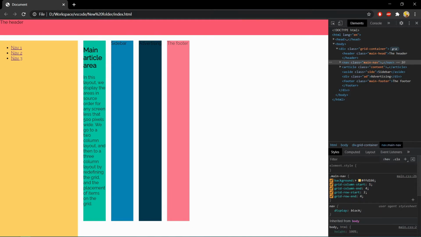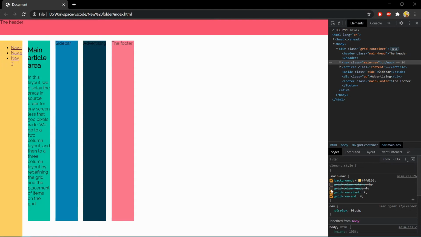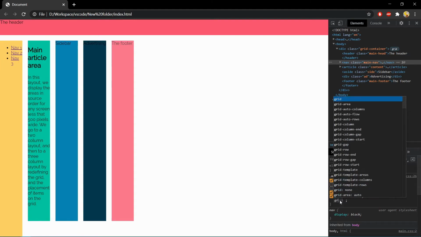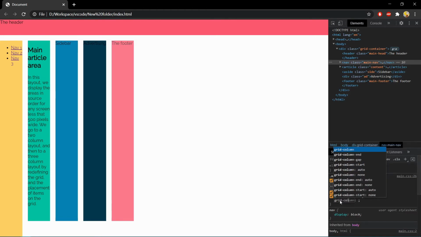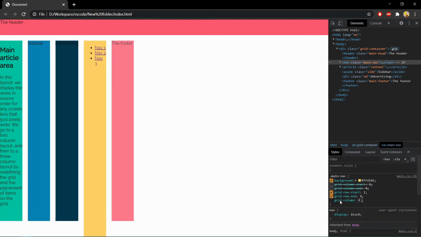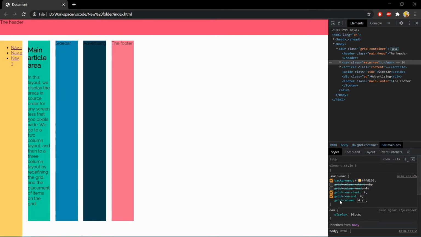Now instead of using all these properties, let me tell you the shorthand for it. We can define grid column start and grid column end in a single line. So let me uncheck this, and the property will be grid column. First parameter is the column start line, forward slash, and the column end line.